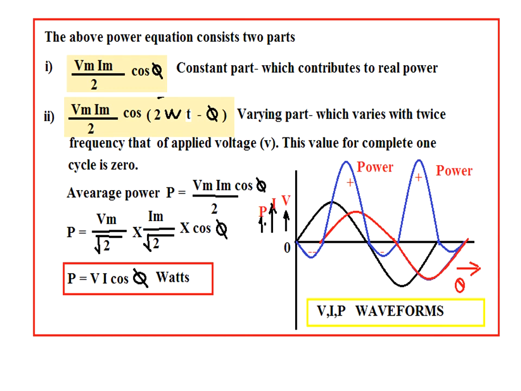You have to show this in the examination: if asked to derive the expression for power, you go this way. And to draw the waveform, first you draw voltage and current again. After that, you see where the voltage and current are both positive, giving positive power. Where one of the quantities goes negative, that spike is negative power. So, the power waveforms along with voltage and current waveforms are as shown in the figure.